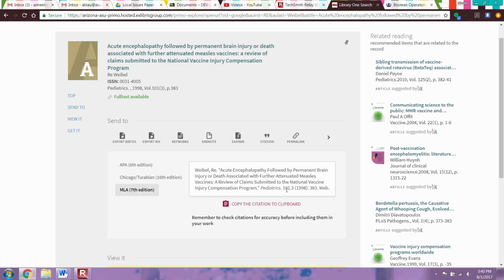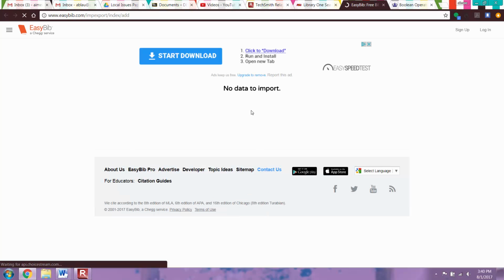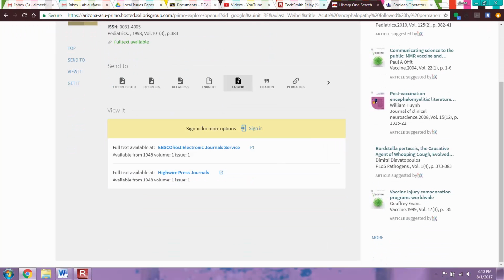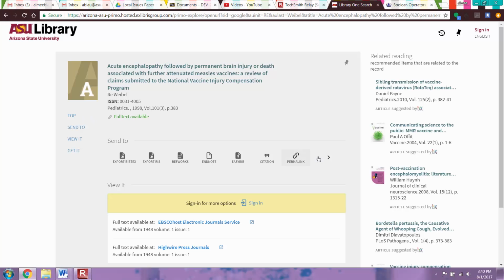Now I'm looking at this and this is actually not the correct citation. So you have to be careful with EasyBib, RefWorks, EndNote, things like this, because they're not always correct. And sometimes they don't always work. So I don't usually do my citations through sites like this, but I will click on